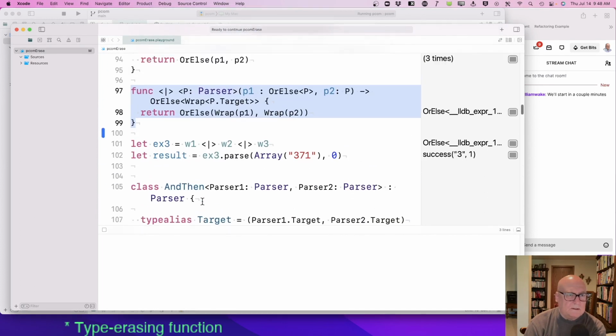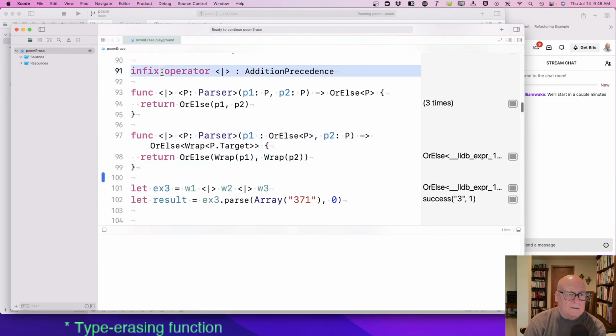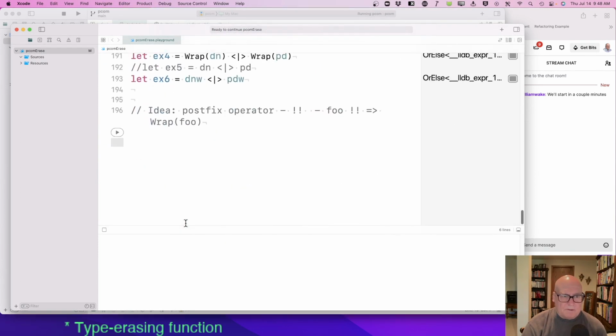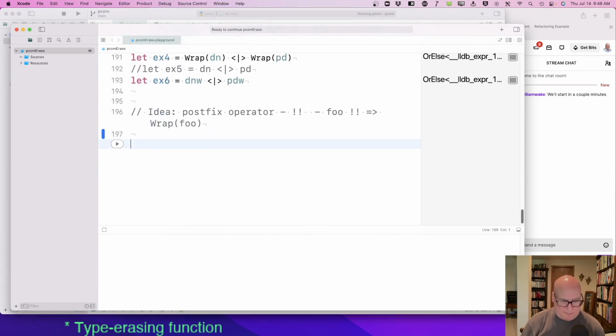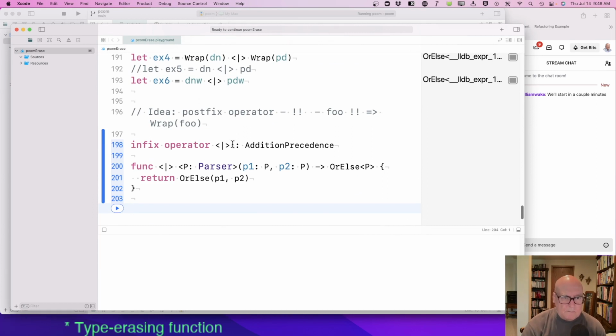Let's... I don't know how. Let me try. Let's try and do this operator. I think it's multiplication precedence. I don't know. This operator bang bang. P1. I guess it's just P of parser.